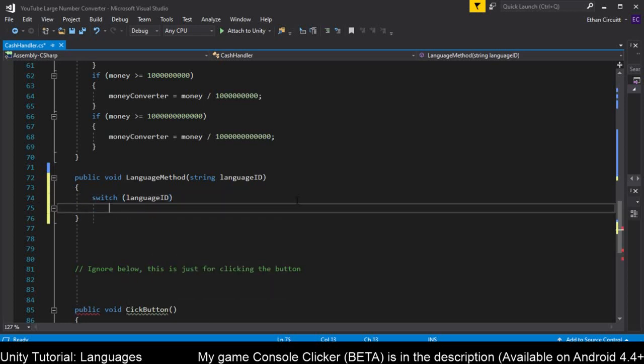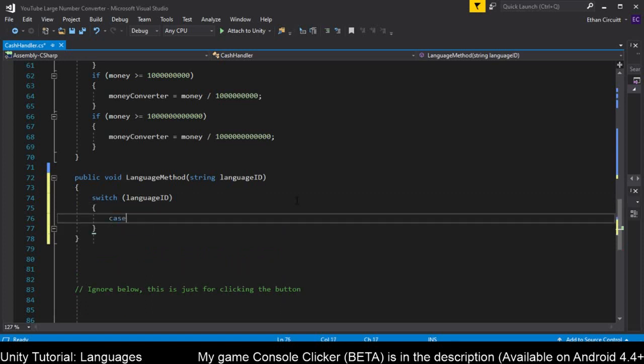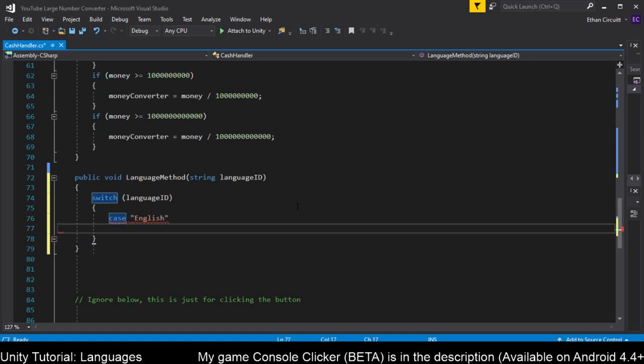And now we can create some cases. So we're going to do case English. Now I'll explain all of this afterwards. For now, just follow along with a colon on the end. And then